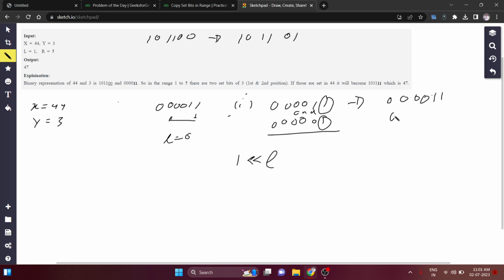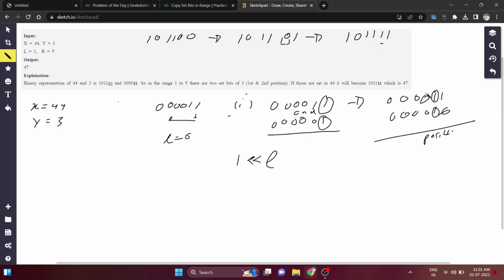Now we take AND with 1, and the current bit is 1, so if both bits are 1, we get a positive number. That means the current bit is set, so we have to set that bit in our x. In x, the current bit is 0, so we set that bit, and after setting it we get 11.